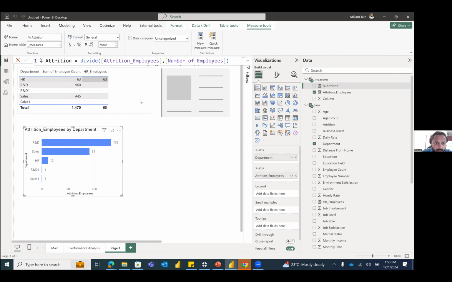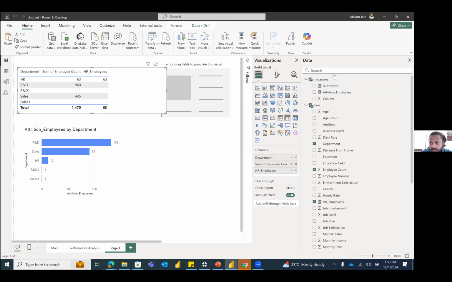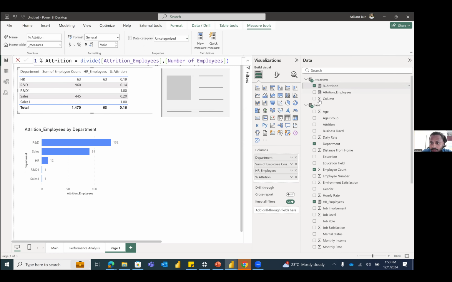Now, if I select this matrix and click on percentage attrition, this will give me values in decimals. So again, click on this measure you created, and then on top, you can see the formatting options. Click on the percentage symbol, so this will display the values in percentages. And then I can make it 0 decimals. So now here you can see out of total 1470,